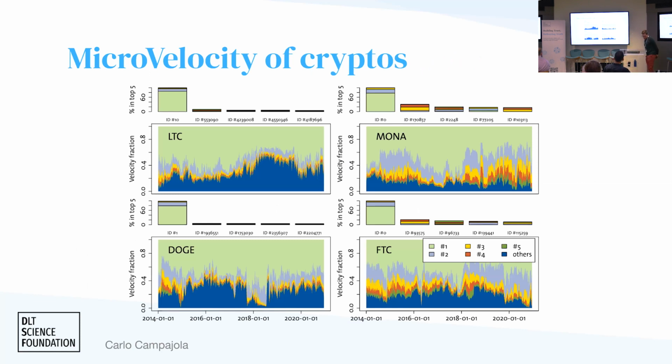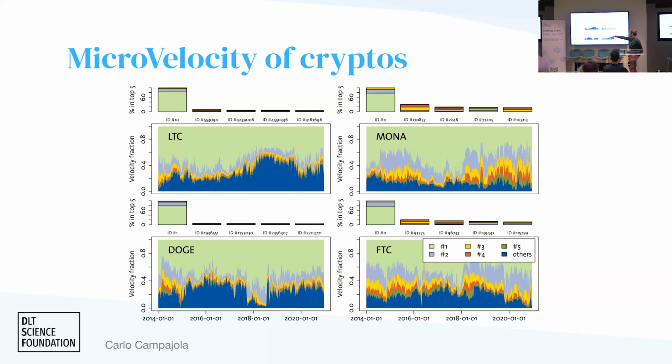And as I started saying, we started doing this because we were interested in looking at the distributional aspects of these quantities, right? We want to see how these things change from one user to another on a chain. So here you have these stacked areas where the total is the total velocity, so it's always constant, it's normalized, but the different areas are colored in a way that those are different agents in the economy, right?